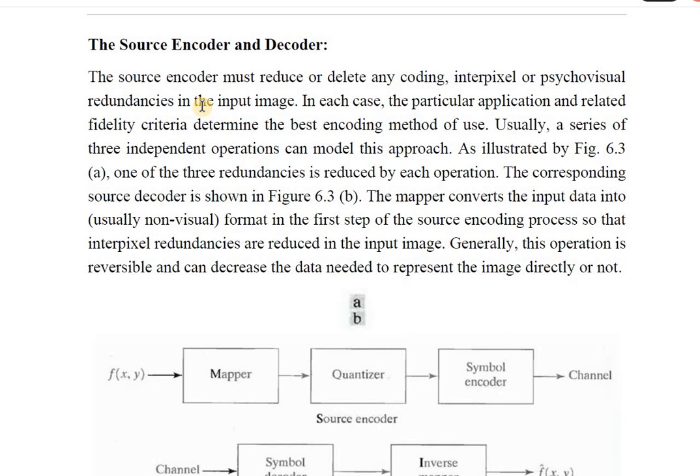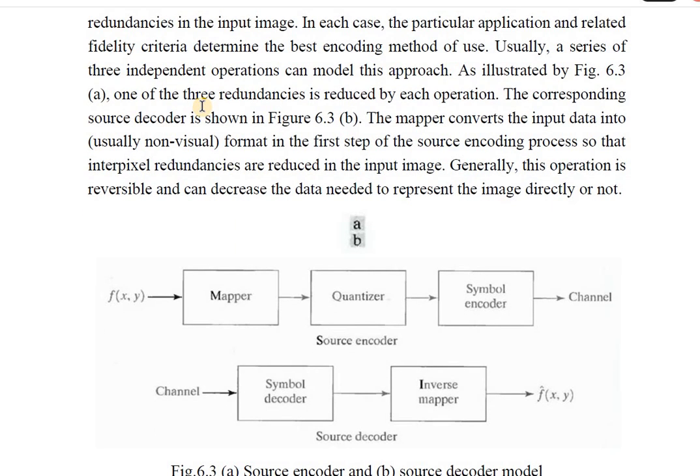If you see the diagram, there is a mapper, a quantizer, and a symbol encoder. Each one of these blocks deals with a separate type of redundancy. Corresponding to this, we have the source decoder, which you can see in the diagram below.